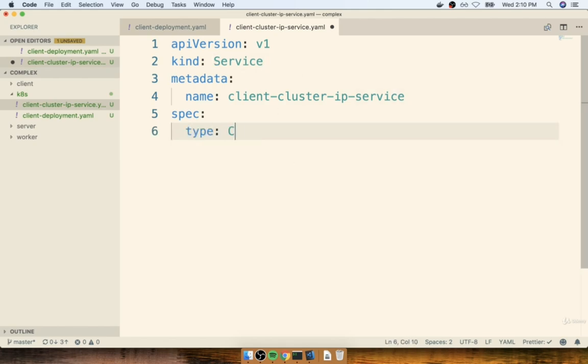type of service of ClusterIP. And take note of the capitalization here. We got capital C and capital IP on the end. Next, we need to provide a selector so that this service that we are creating knows what